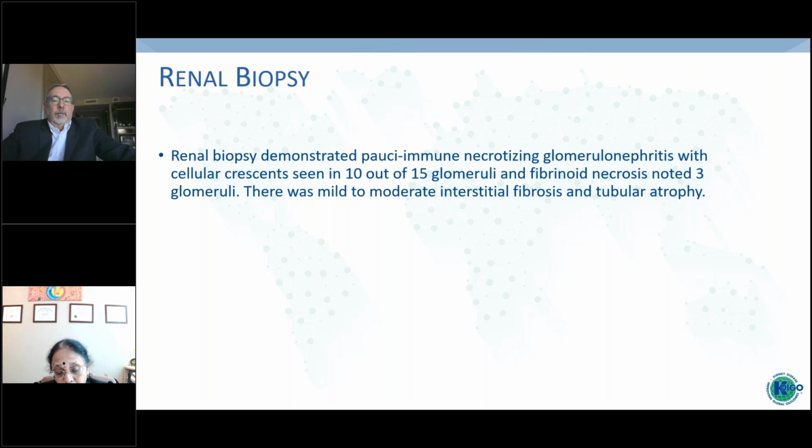So we chose, and also past medical history, as you can see, her comorbidities included hypertension, diabetes, and osteoporosis. So in this patient, we chose to use rituximab because she has relapsing disease where rituximab is preferred, and PR3 ANCA serotype where rituximab is superior to cyclophosphamide.